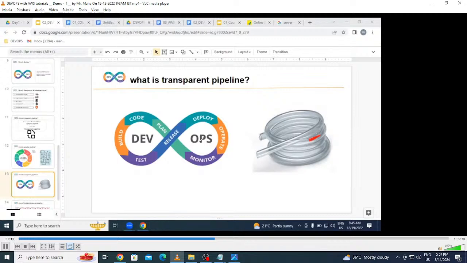Because DevOps is an automated process, DevOps is a transparent process. In the middle, if you get any issue, any problem,